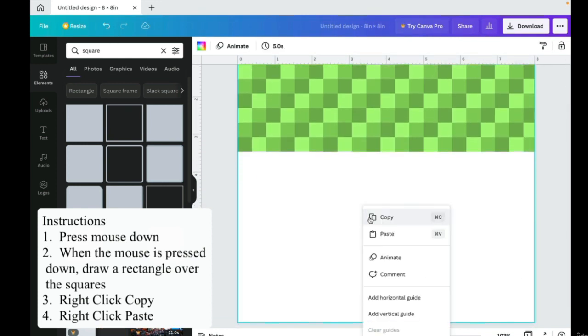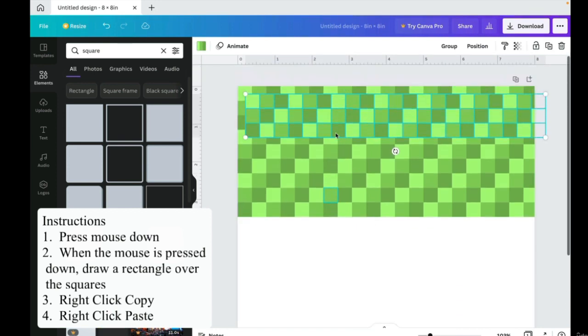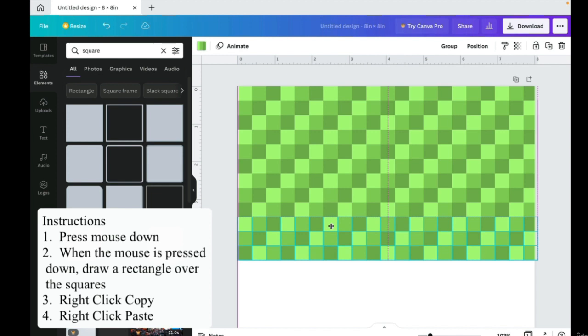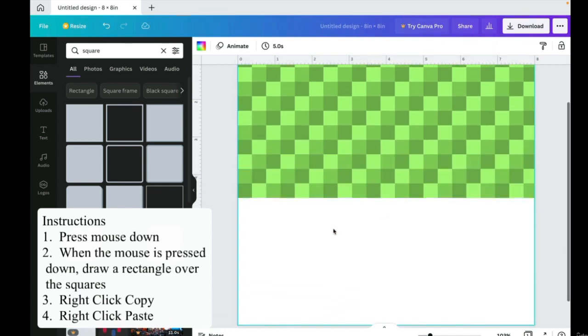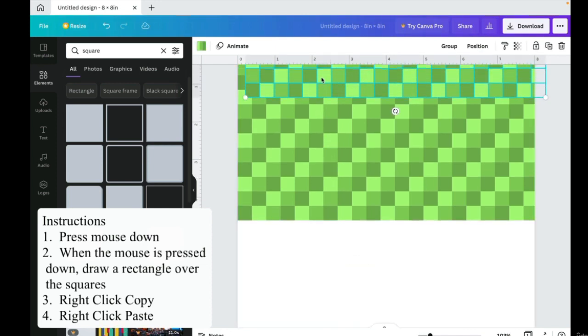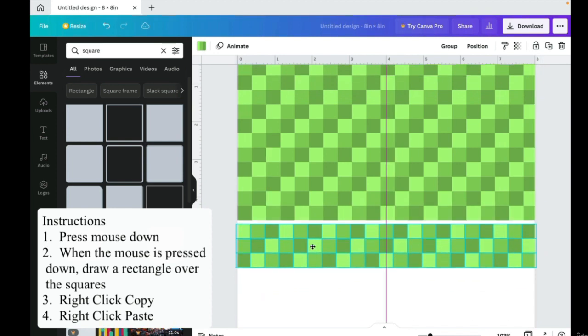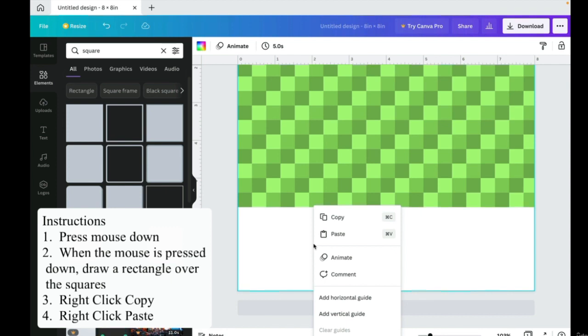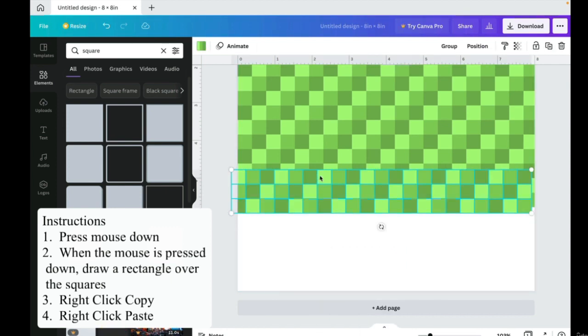We are going to right click paste, and we're going to drag it down, and we are going to continue to build this checkerboard of green squares. So I'm going to right click paste, right click paste,